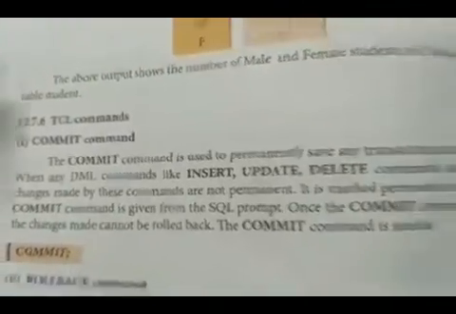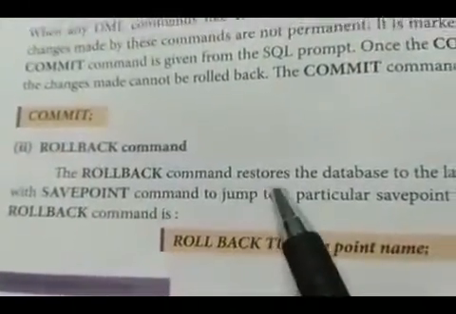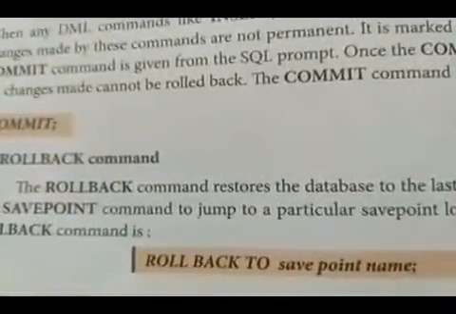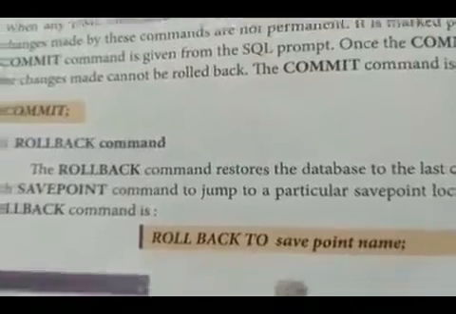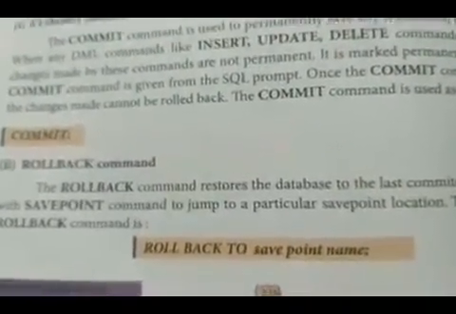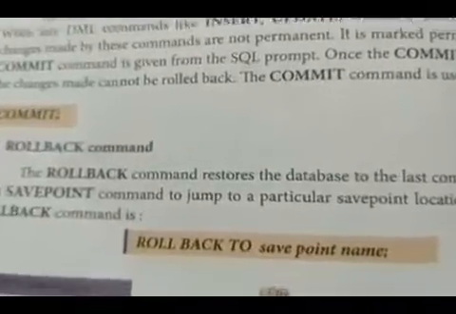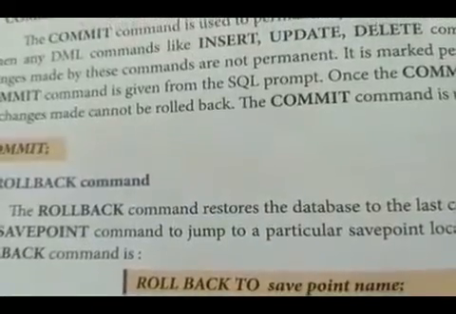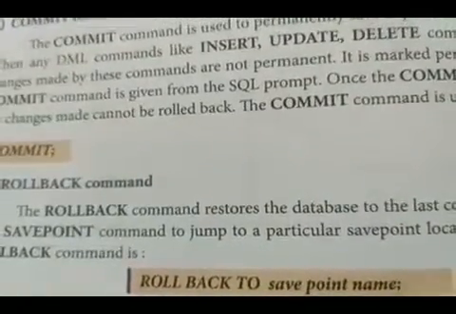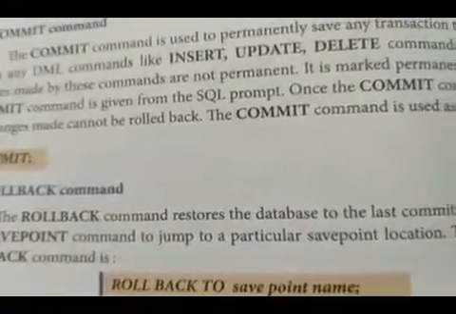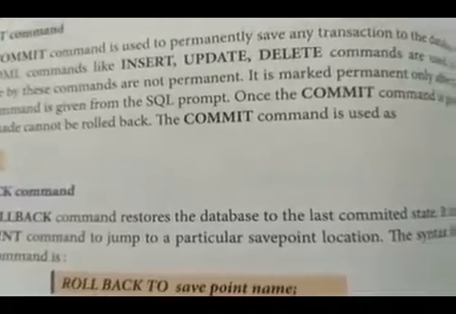And the next command we are going to see is rollback. So what is the purpose of the rollback command? It is used to restore the database to the last committed state. So first I add 5 records and use commit. So the 5 records are saved in the table. Then I delete 2 records. Then I use the rollback command in the table, and since I used the commit command, the 5 records are stored. No, it will get back.